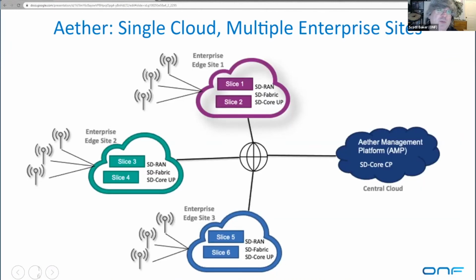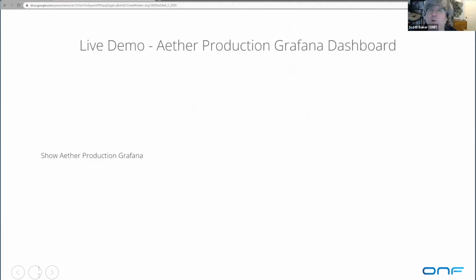Now, Aether does support multiple edge sites managed from a central cloud. Each edge site supports multiple radios and multiple slices, and all of these can be managed from that central cloud. So our management platform runs out here, running our runtime operational controller and our metric stack, all of that stuff. So I'm going to show you quickly